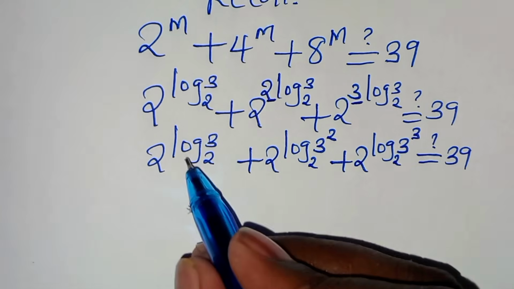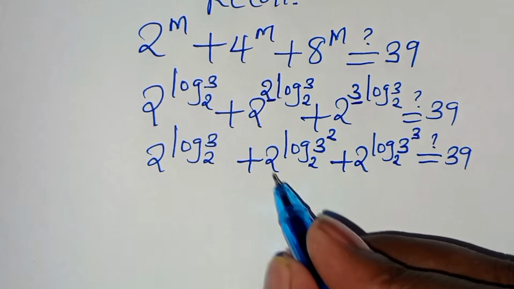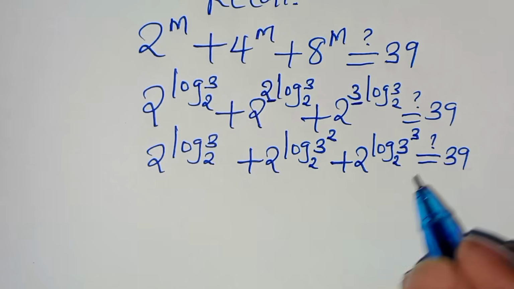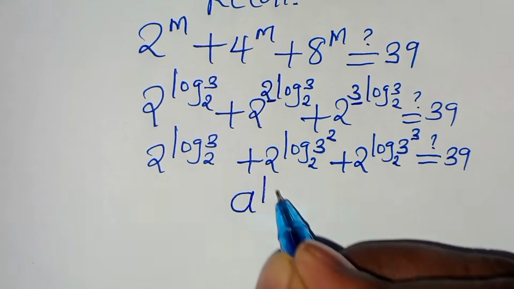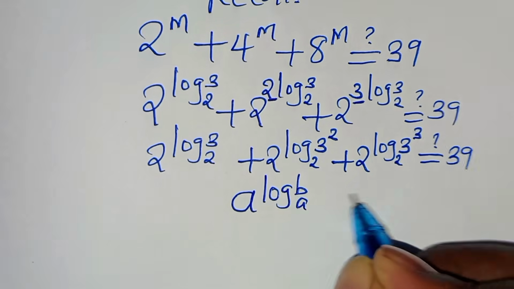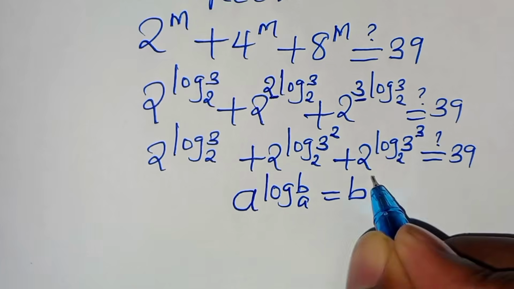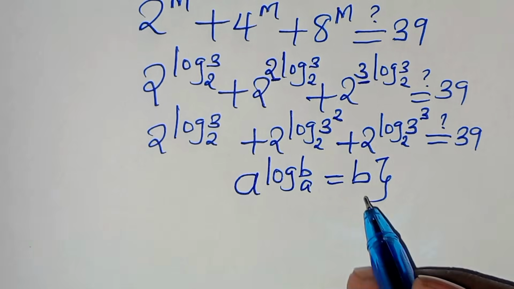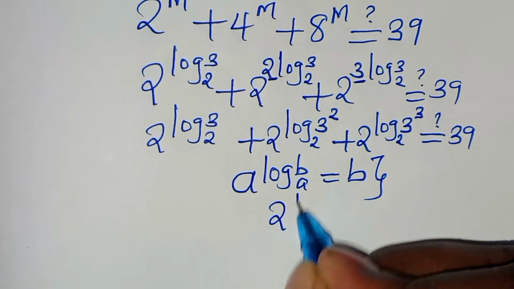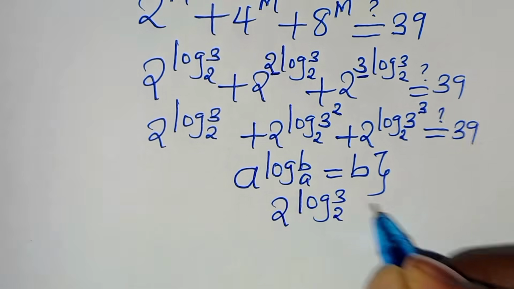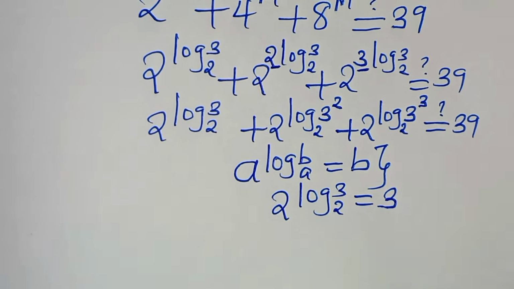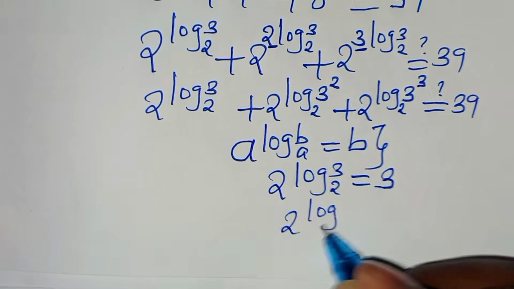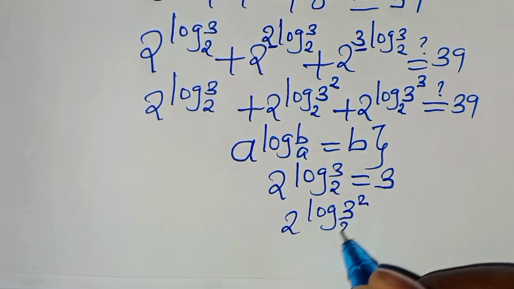Now we have 2 to the power of log 3 to base 2, and 2 to the power of log 3 squared to base 2, and 2 to the power of log 3 to the power of 3 to base 2. This is in the form of a to the power of log b to base a, and this should give us a value of b. So let's apply this logarithm property so that we have 2 raised to the power of log 3 to base 2. This is equal to 3. And we have 2 raised to the power of log 3 squared to base 2. This is